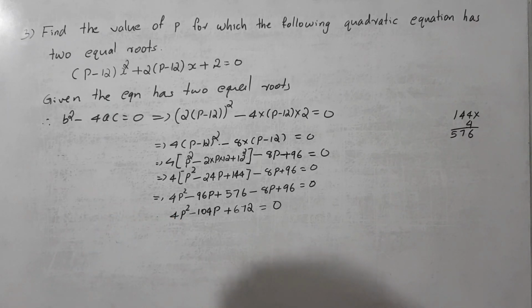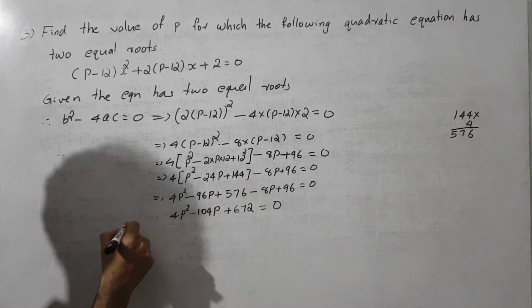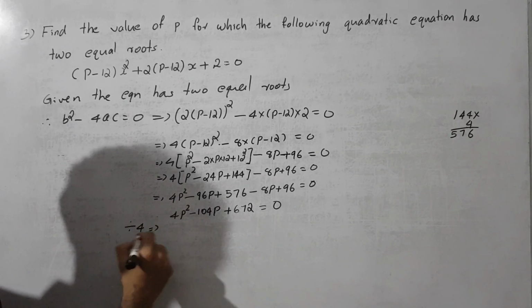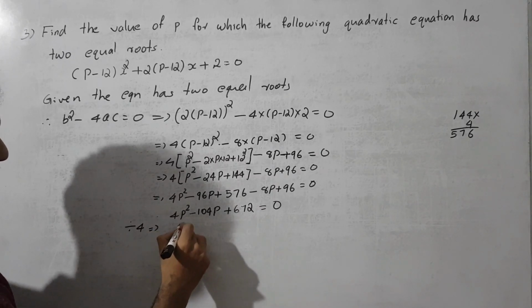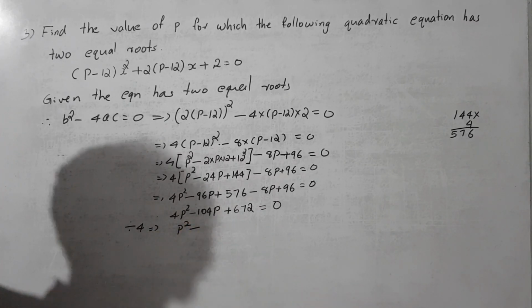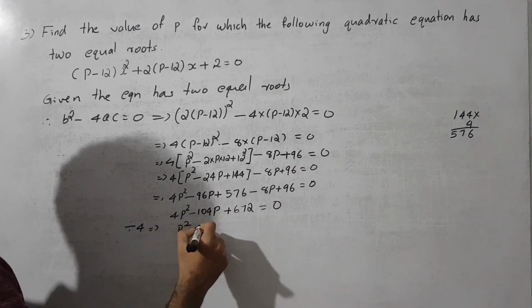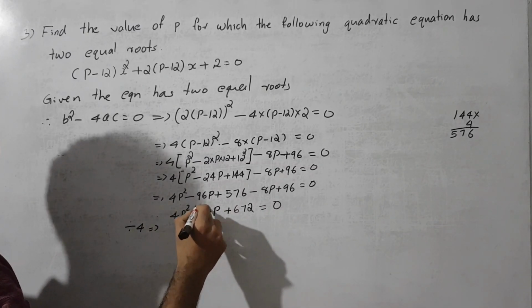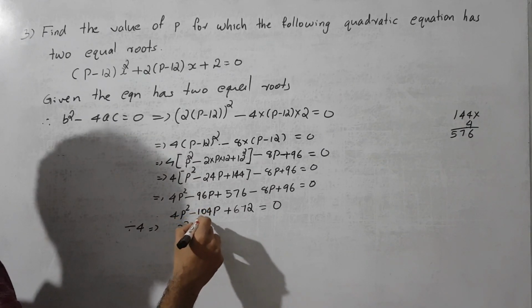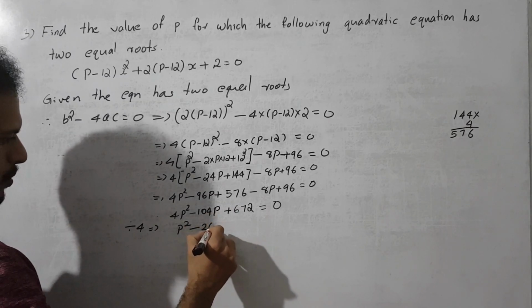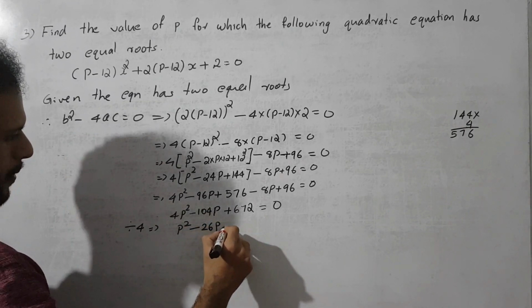For reducing the numbers, to make our calculation easy, we are dividing by 4. Then what do we get? Divided by 4 implies p square, then minus 104 divided by 4, what do we get? In 10, how many times? 10 two times, then 2 into 4 is 8, 2 is balance, 24, then 24 is 6, so 26p plus